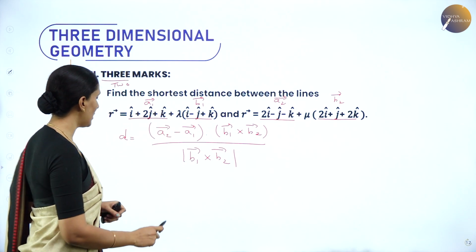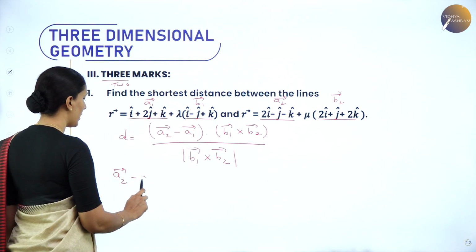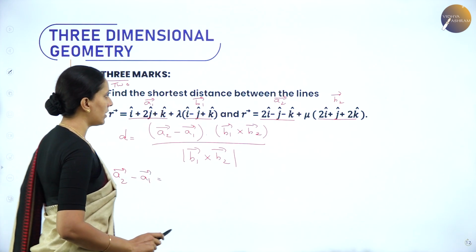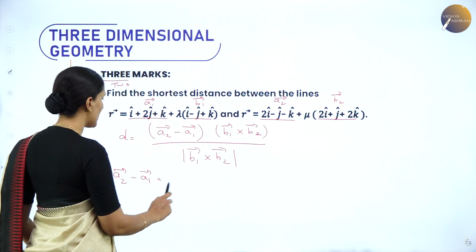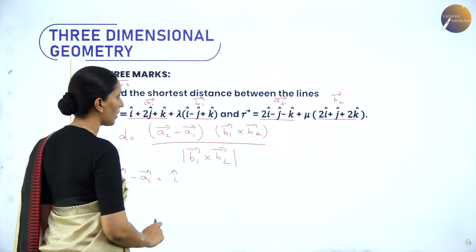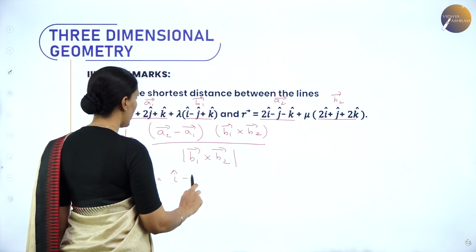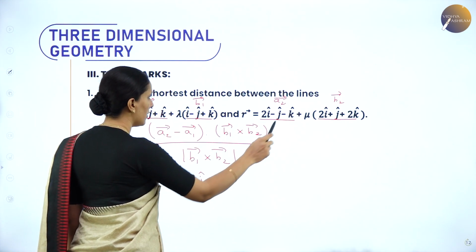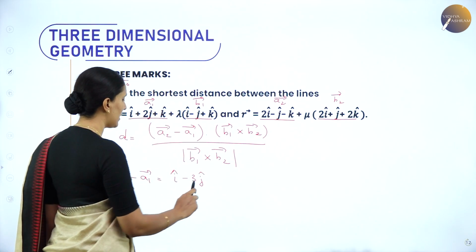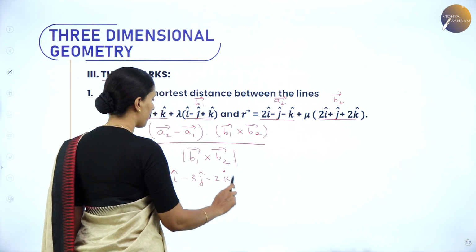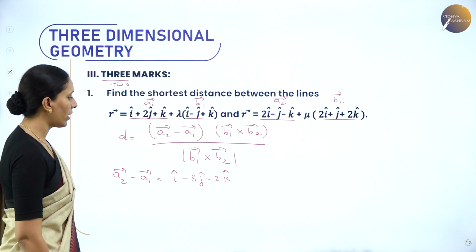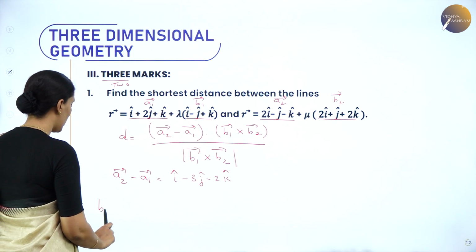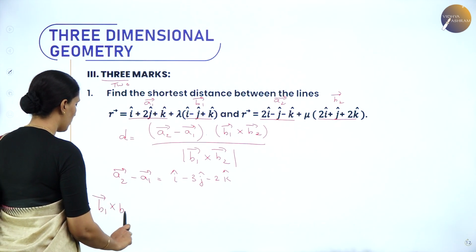So what is a2 minus a1 here? Vector a2 minus vector a1. So that is 2i minus i, minus j minus 2j is minus 3j, minus k minus 2k. Next we will take the cross product b1 cross b2, that is